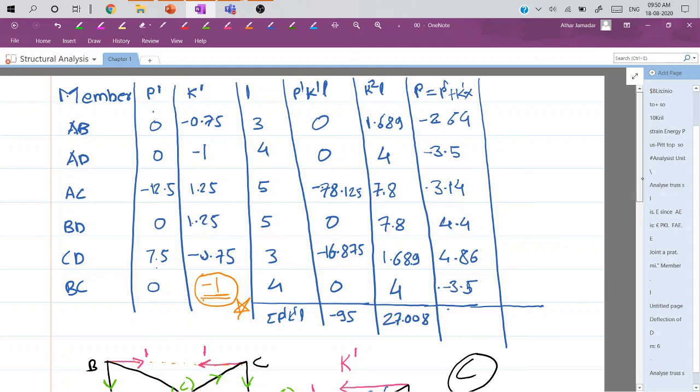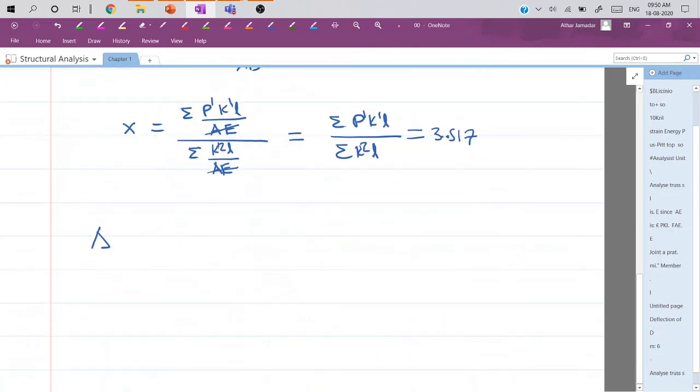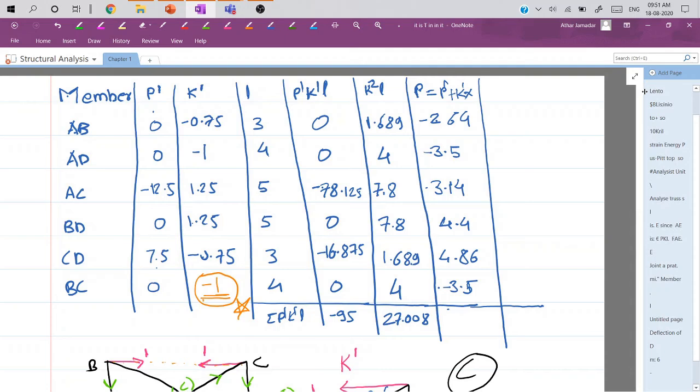Now the deflection at C I will write down here: deflection at C is going to be summation of PKL divided by AE. P in each member we have found out. Now remember this K and this K dash are different. This K is nothing but our usual K, which we find by applying a unit load at point C. How to find that unit load? Initially we have found these P values. Now the K values will be just these P values divided by 10. That will give us the K value.